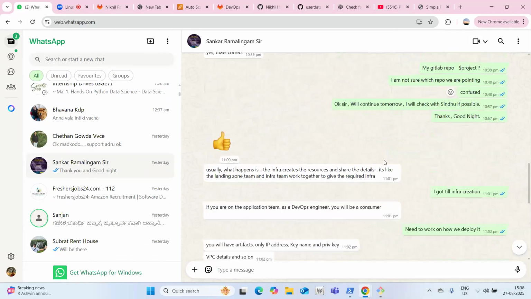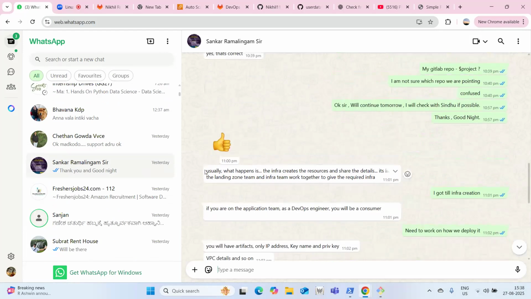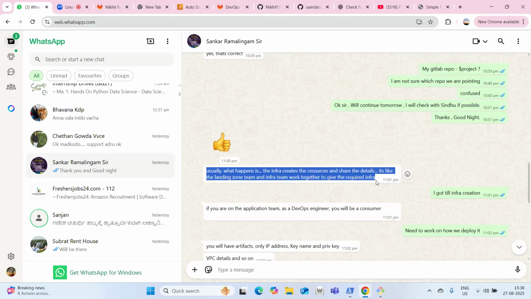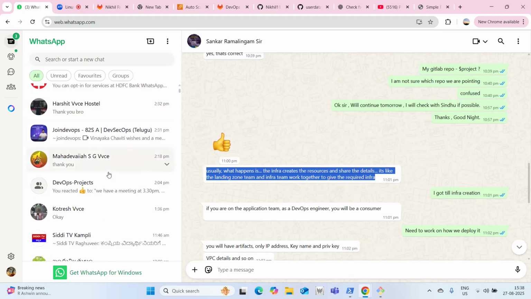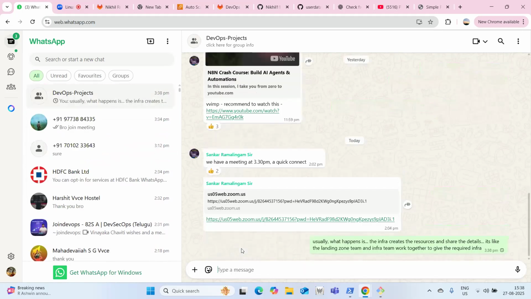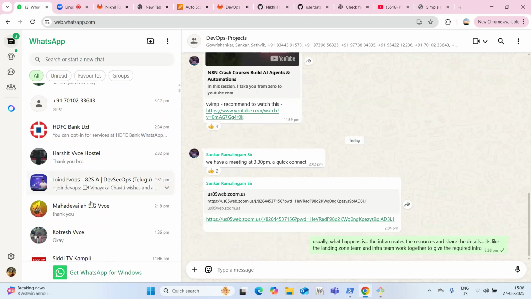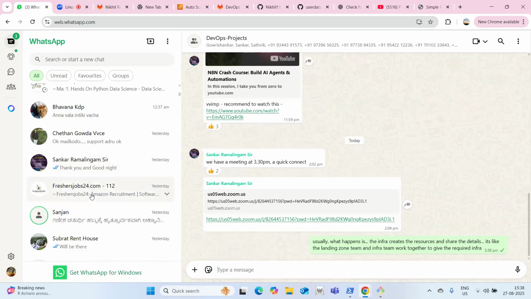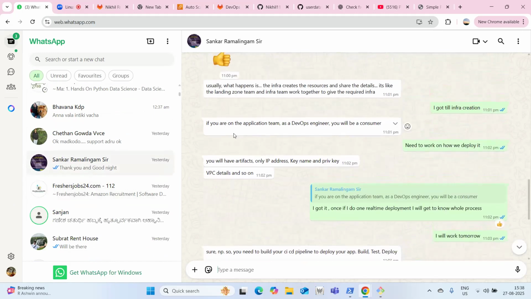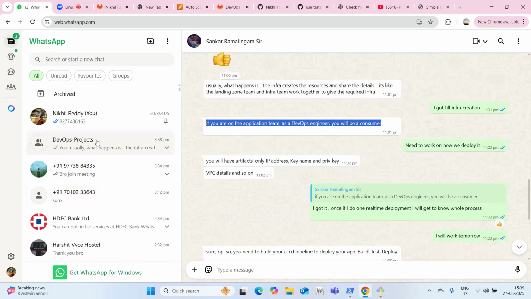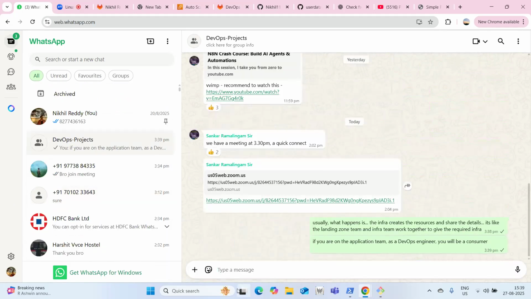Usually what happens is that there are two different teams in an organization. One is the infra team and another one is the application DevOps team. The infra team manages creating the infra, managing the infra, updating the infra, deploying the patches, whatever, specific to networking and other resource related tasks. But when it comes to application DevOps, it is